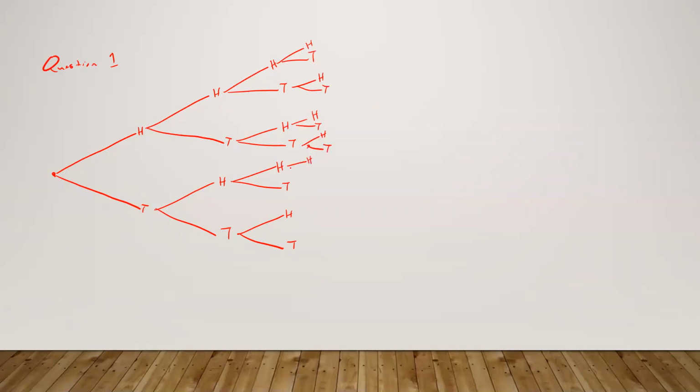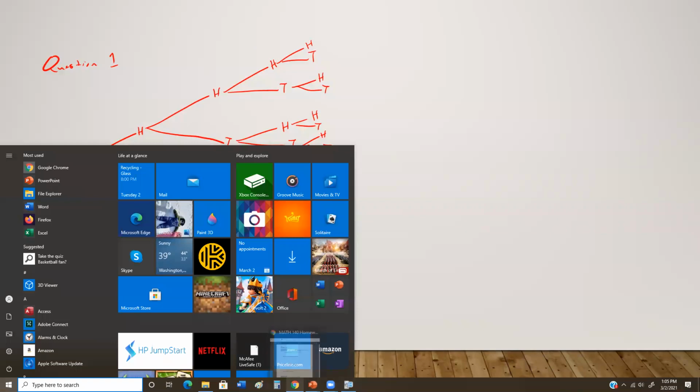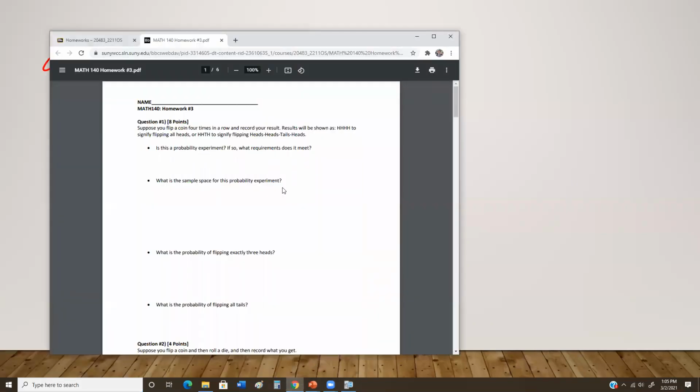It's a little bit of a pain. I wish I'd taken a little bit more space for this now, but you get the idea. So the first one in the sample space is head, head, head, head, and the last one is tail, tail, tail, tail. And then from there, you can answer the probability questions. So for question 1, I think Marissa asked that. Does that help you get started on that? Okay, great.